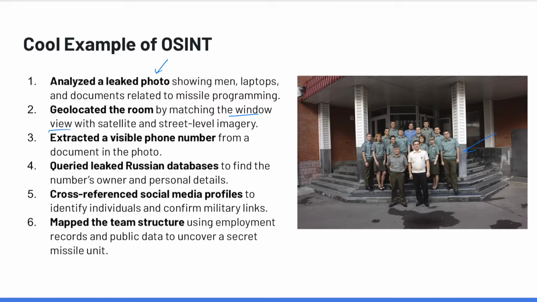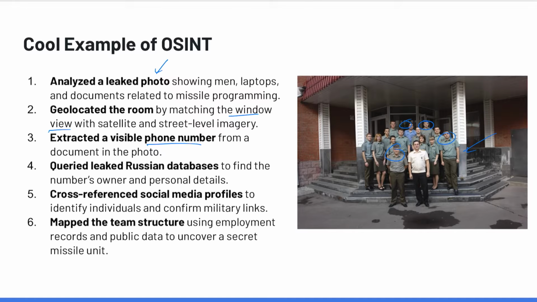And additionally, in this group of leaked photos, there was a phone number, and that phone number they were actually able to look up online to find the identity of the person connected to it, and basically find out their name and personal details, etc. Once they found this person, they were able to go through social media and identify other people in this picture that were connected to that particular person, and then do more OSINT analysis to find out their personal information